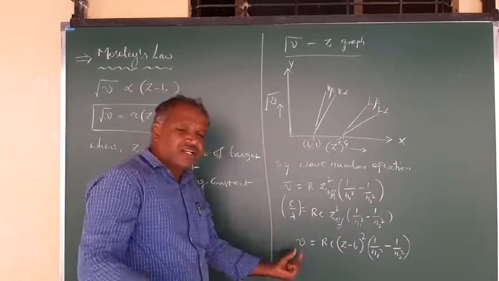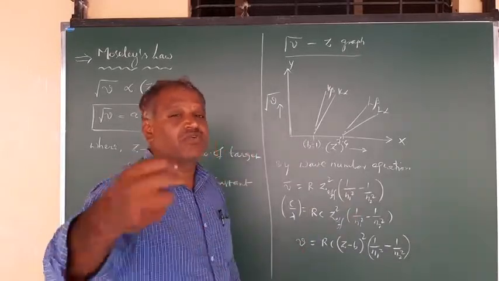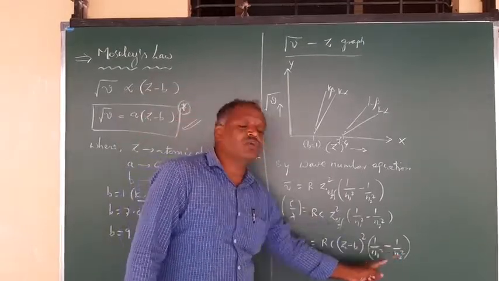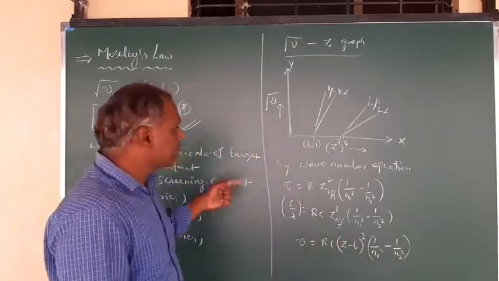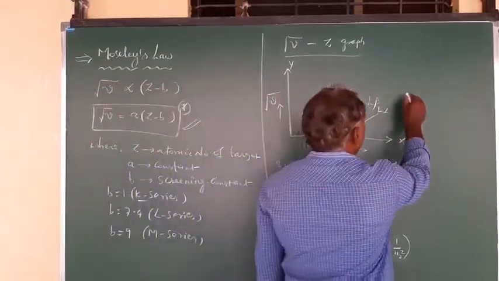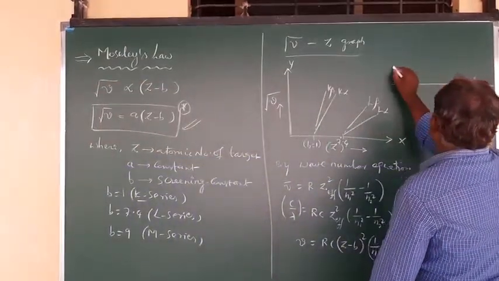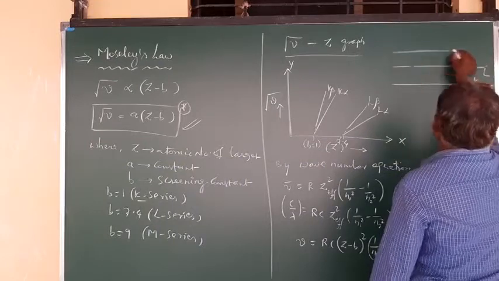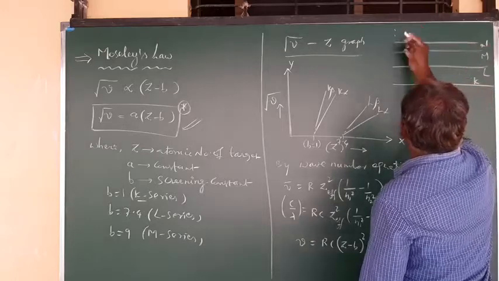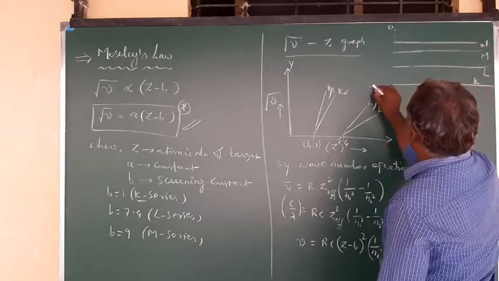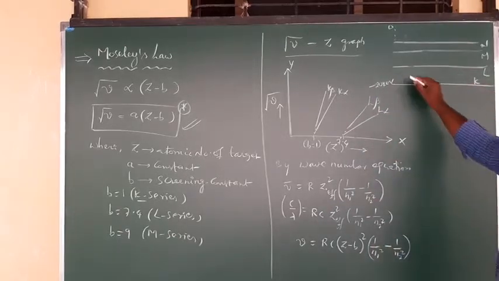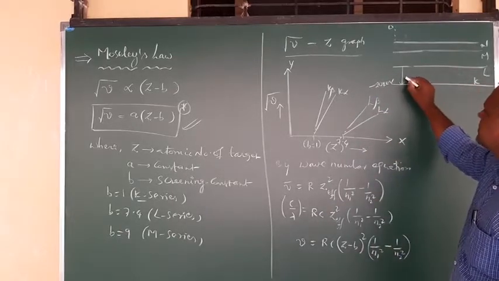For the characteristic X-ray spectrum, the frequency of those X-rays can be calculated by using this equation, where N1 and N2 you just substitute here. The transition is made from the higher energy level to a lower one. If you see this, this is K, this is L, this is M, N, like this up to energies where it is 0 and this is the maximum, around 20 kilo electron volts. So now you have this transition into the K shell. This is what is called K alpha.